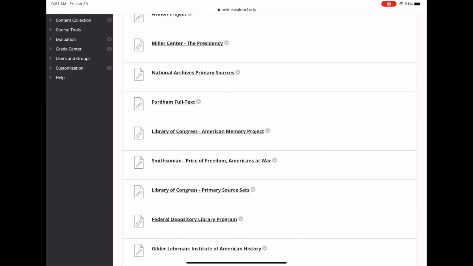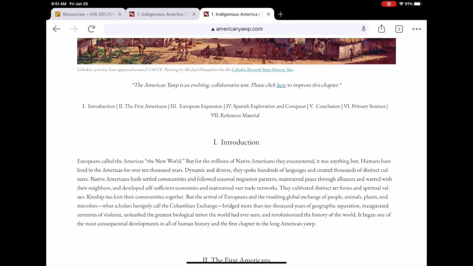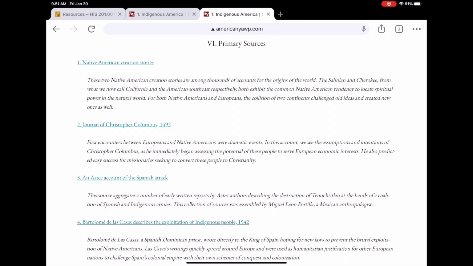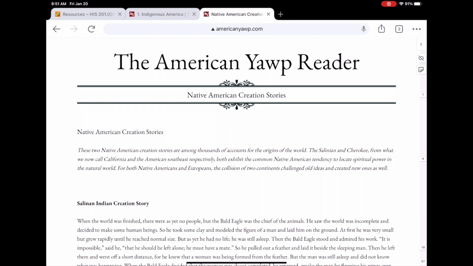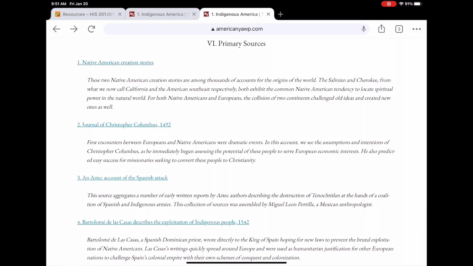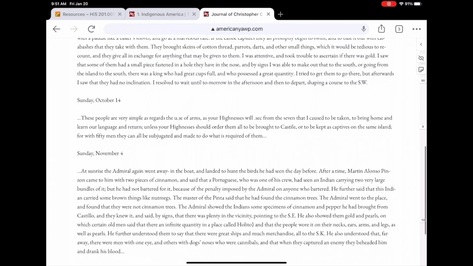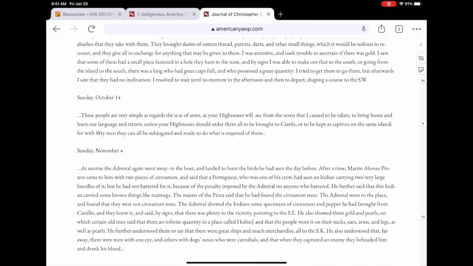What I would do is go back to the American Yawp, look for section 6, which is primary sources, and then head down there. So if you focused your assignment on Indigenous America, maybe source number 1, you're going to open up the Native American creation stories and talk about how they show cultural continuity across expansion, and take a look at that. Maybe you've been talking about Christopher Columbus, so you figure the Journal of Christopher Columbus makes sense. You're going to click on that, open it up, read it, and pull out what you can learn about your question there, then write about it a little bit, just another 100 words under source 2, primary source.